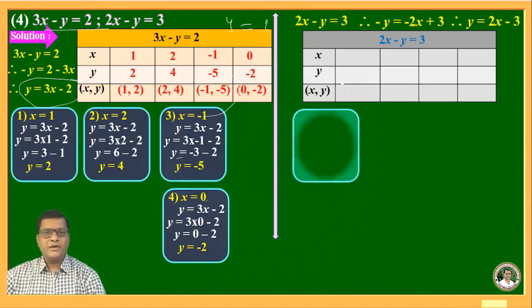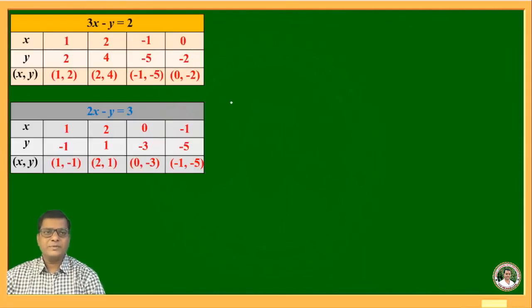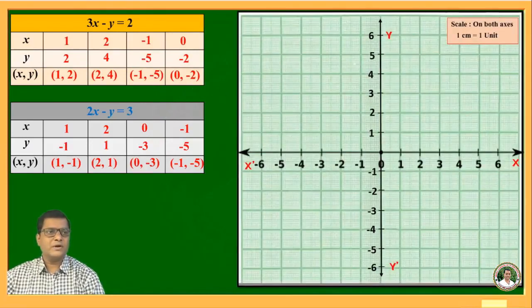Here take value of x is equal to 1. In this way you can complete the table. Now by using this table we will plot the graph of given lines. Again here these two tables are there, and by using these tables plot a graph on graph paper, x-axis, y-axis,